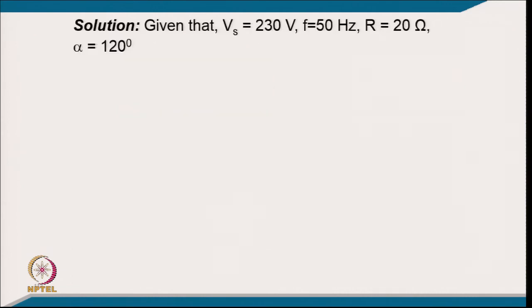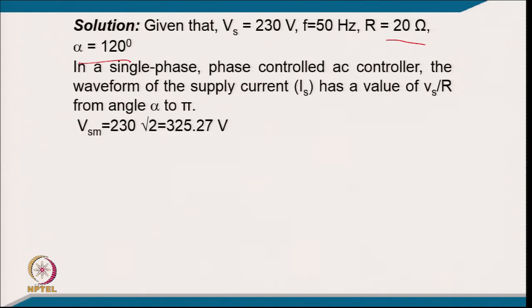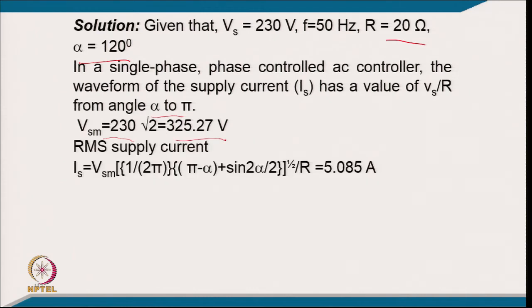Coming to the numerical portion, the supply voltage is 230 volt, 50 hertz, the load resistance is 20 ohm, and the firing angle of the AC voltage controller is 120 degree. In a single phase AC controller, the supply current waveform has a value of Vs upon R, and it conducts from alpha to pi. The peak supply voltage will be 230 into root 2, which is 325.27, and the RMS supply current, from the standard relation of the AC voltage controller, will be equal to